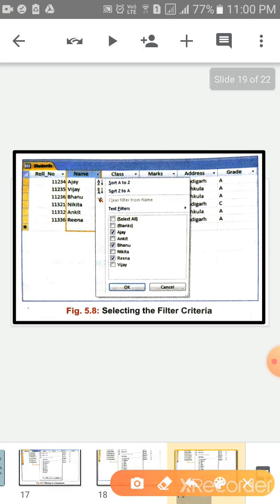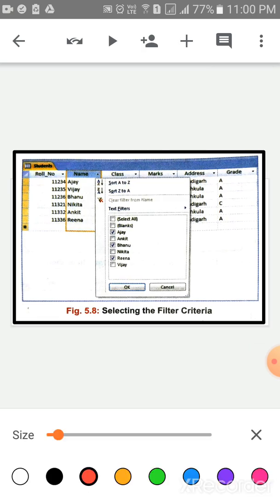Now children, the next screen is selecting the filter criteria. Again we have selected this name field, and this is the drop down arrow. When you click here, these options will come. We want to display the selected names in the datasheet, so we are selecting the names of any 3 students.